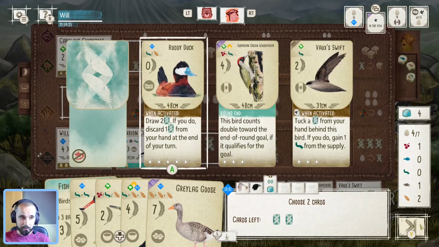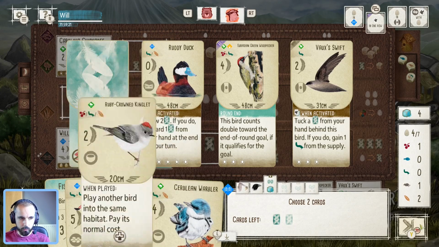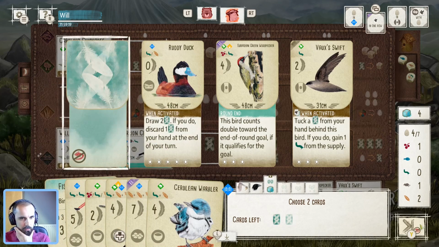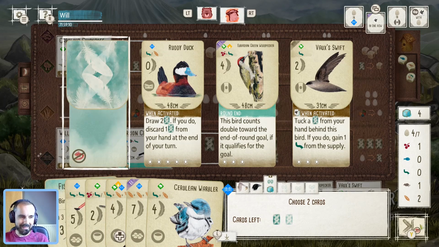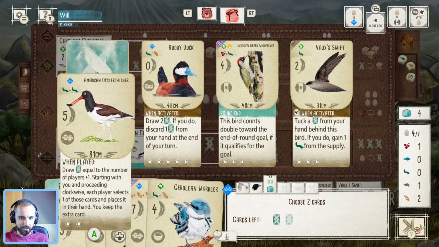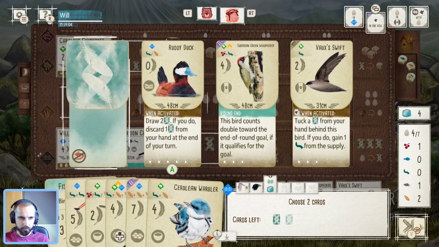And, you know, a way of actually using up these cards, but okay, Cerulean Warbler. To be honest, I might just play that instead. Oh, I don't know. I'd be more inclined to go for this Very Swift if I actually had good birds worth playing. Maybe this Oyster Catcher could be one. Especially with the worms from the swift, but...